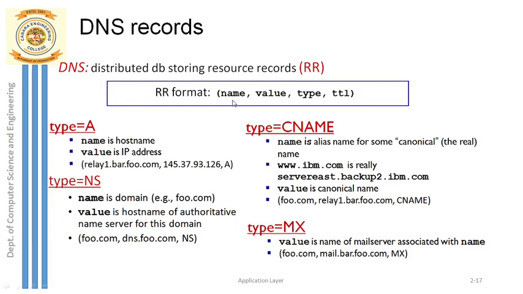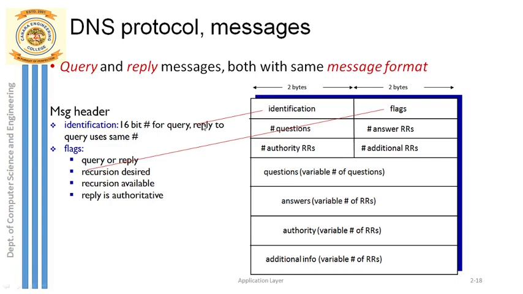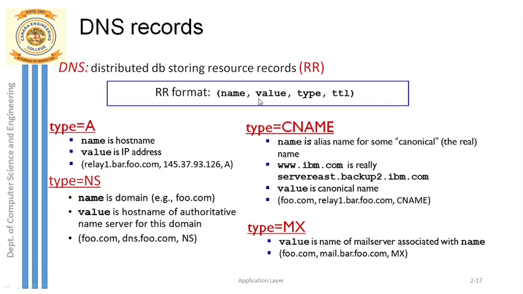Okay, the first one is name. What is the meaning of name? See, as you all know, as a user, we give the input as host name. Example, google.com. If we want to open a Google web page, we will be entering google.com as a host name. So the name here indicates the host name, what the user gives, right? And that is the first field.